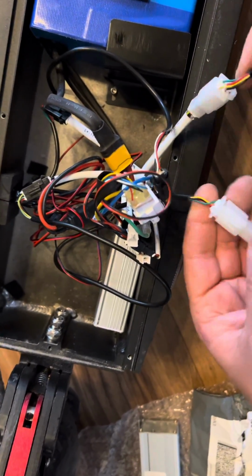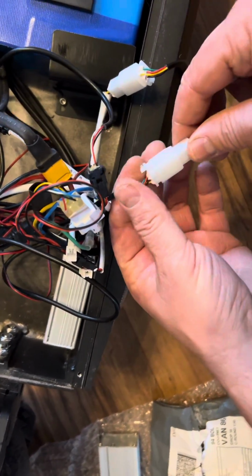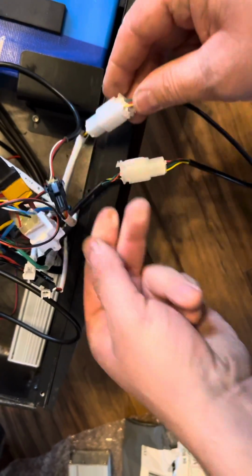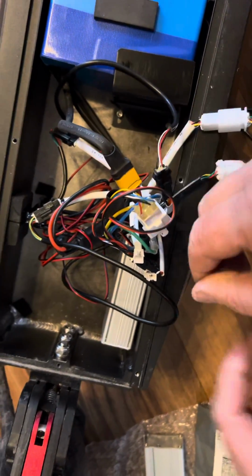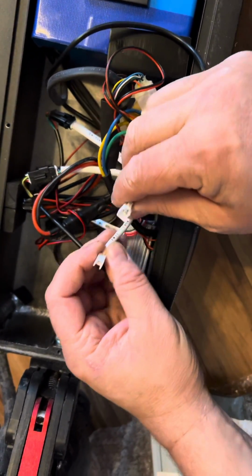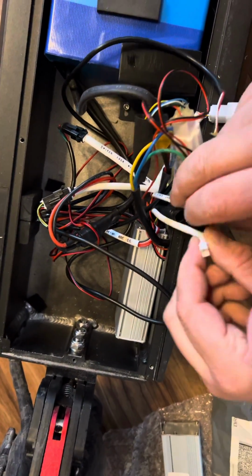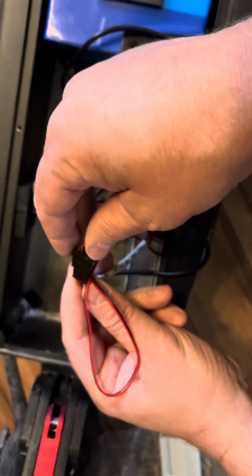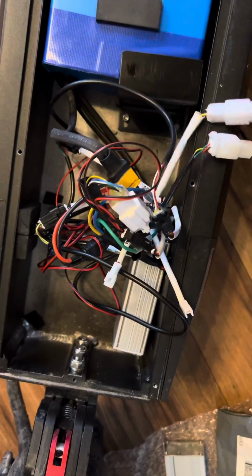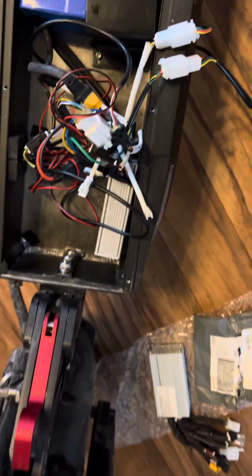The new one came with this extension on it, so we've kept it on just in case the cables cross over somewhere or something. We've got these two here that don't seem to have any connection to go into. So everything seems to be connected, but if you look at the display,